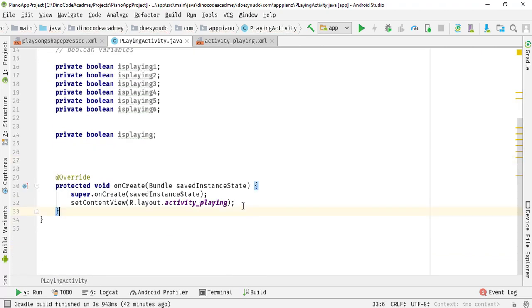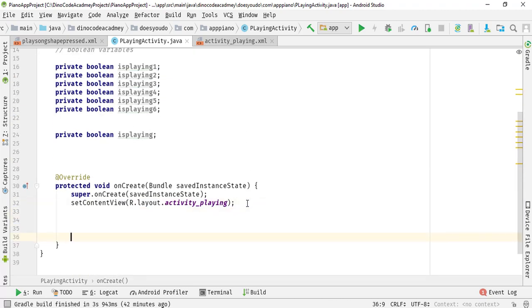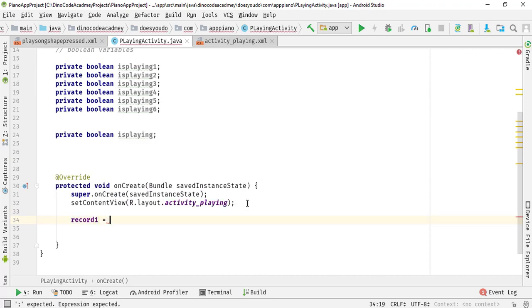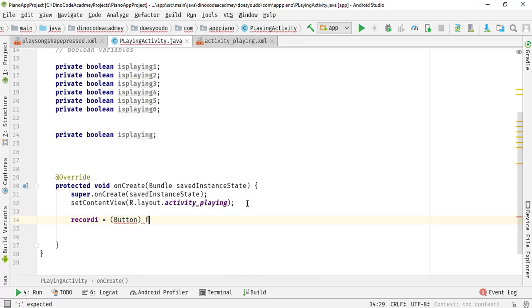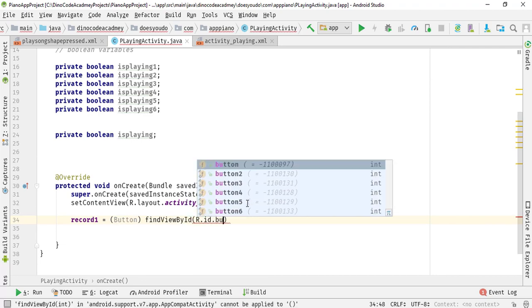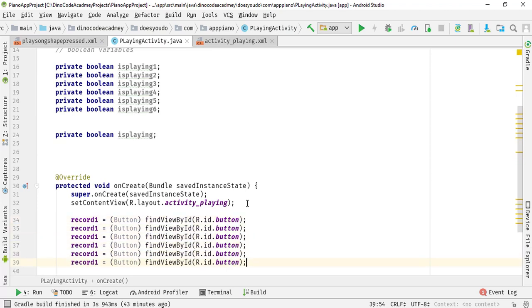Now it's time to initialize all the button variables inside onCreate, that are our views. I'm going to type record1 is equal to, and we need to typecast it into Button in a safe style so that our application doesn't crash. findViewById R.id. and the id of the first button is button. Now I'm going to hit a semicolon. Then by using the shortcut Ctrl+D, I'm going to duplicate it many times. I'm going to specify here 1,